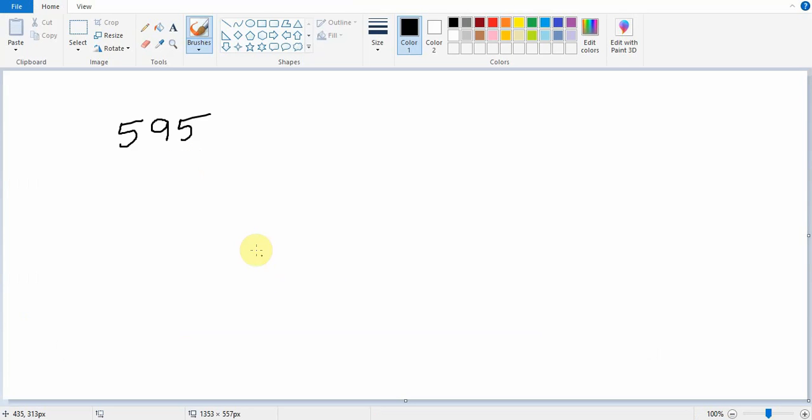In our program, we are using the modulus operator to get the last digit of the number.